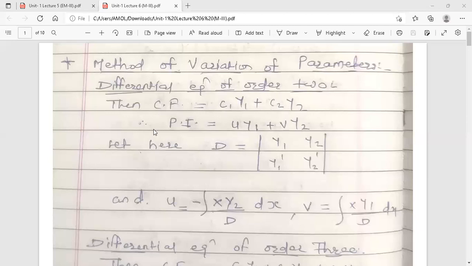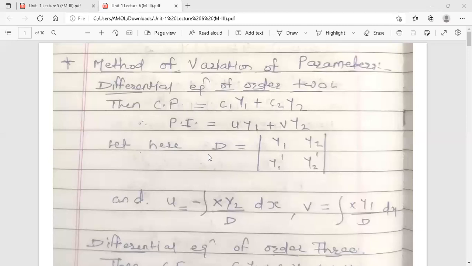Now the formula to find the PI by using the VP method, the method of variation of parameters, is uy1 plus vy2. Now what is u and what is v? Here you know what y1 and y2 are. Y1 and y2 are the two functions from the complementary function. But what about u and v? How to find u and how to find v? For this, to find u and v,